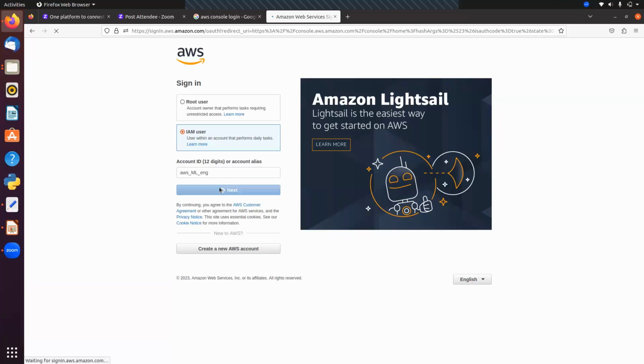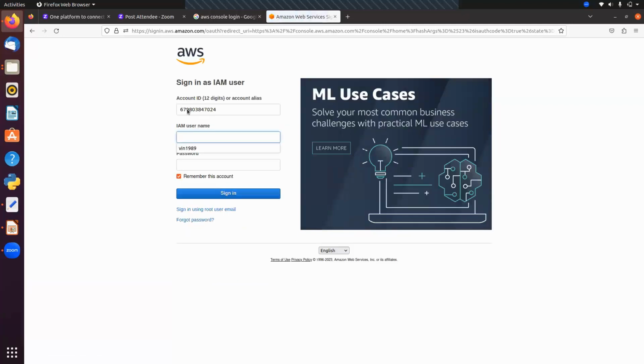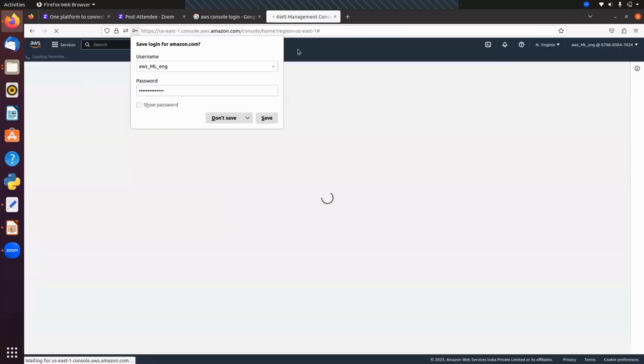Click on next. Here you can see we are getting the 12-digit account ID. Here we can enter the same username. Then we have to enter the password here. And here we will also see